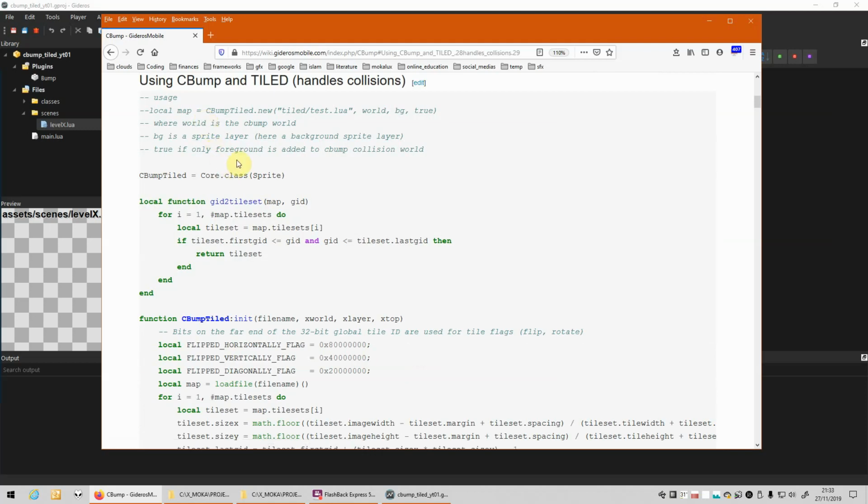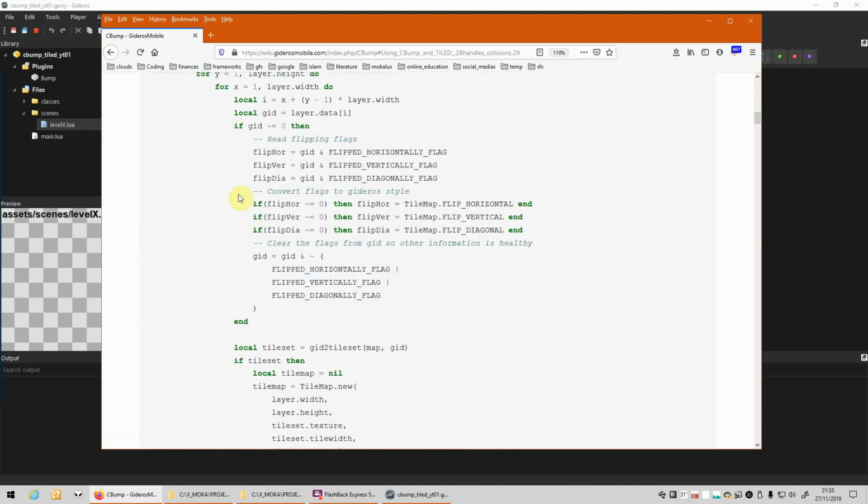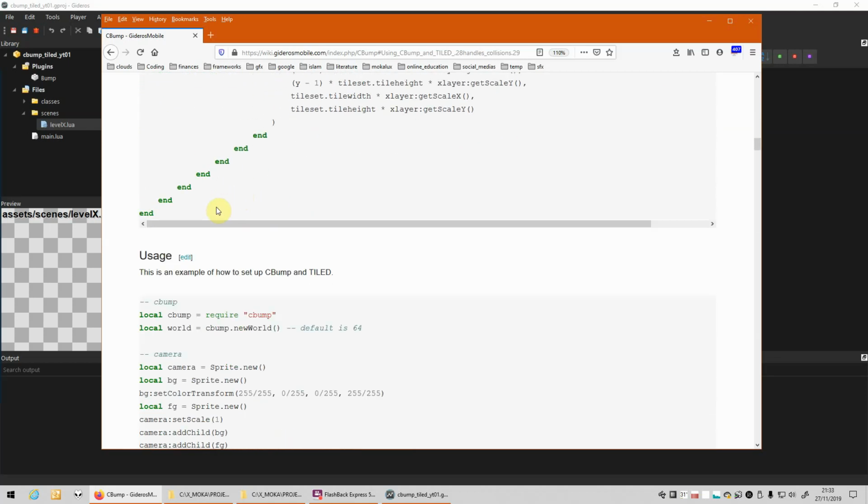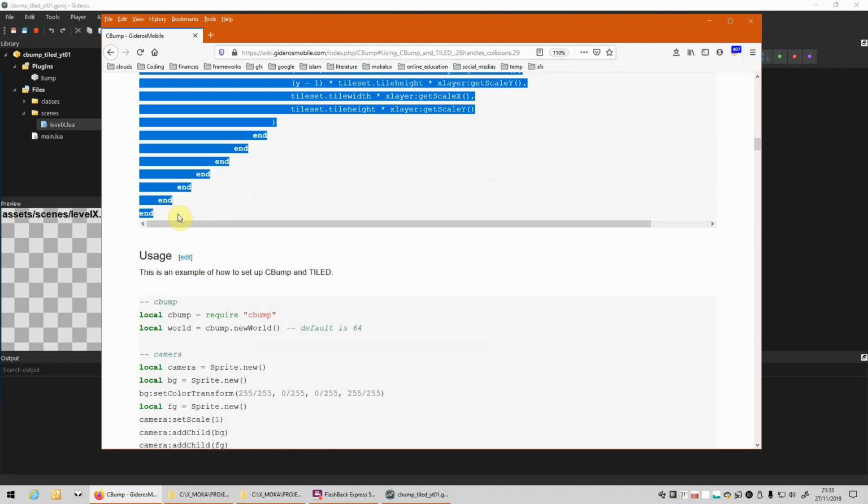Using CBump and Tiled handles collisions. So Tiled, okay, so now we are copying some classes that will handle the tiled map that we are going to create in a little bit.